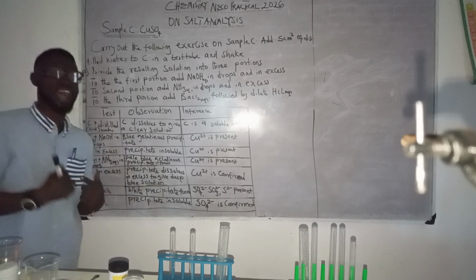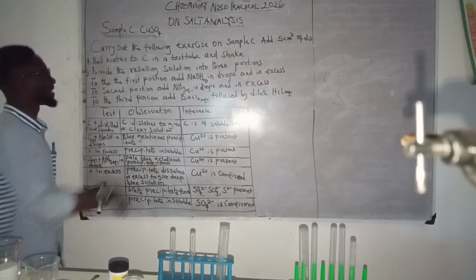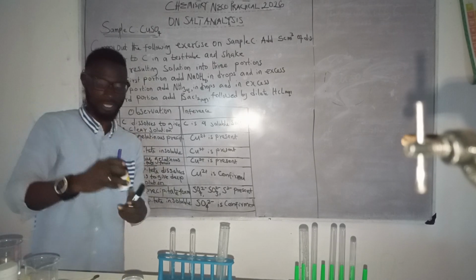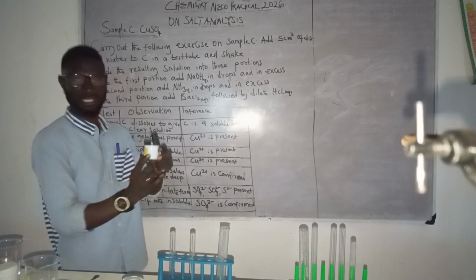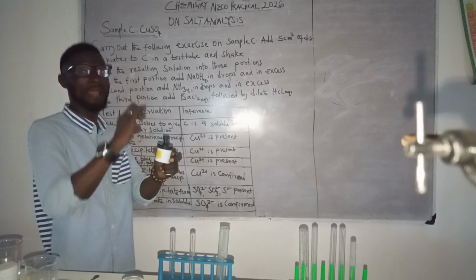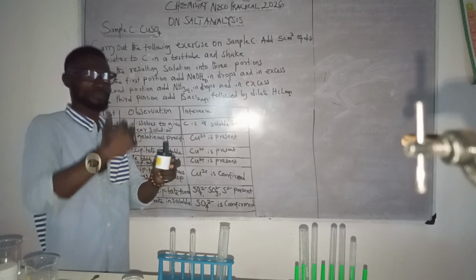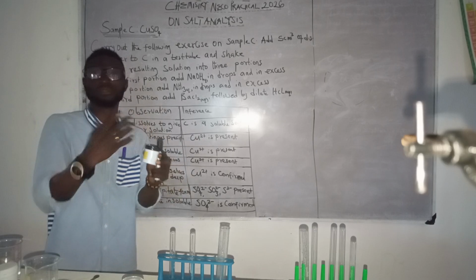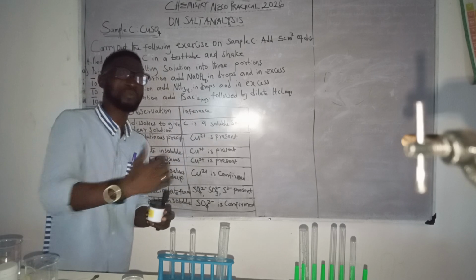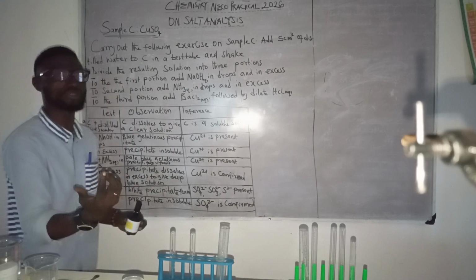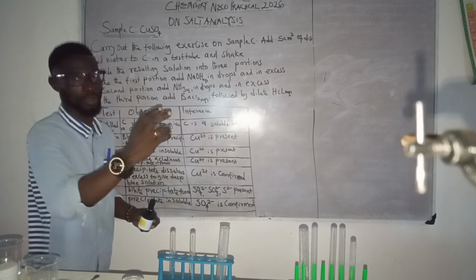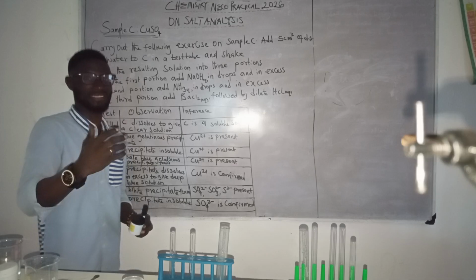Now, it is only me as a teacher that is aware that the sample given to us is copper 2 sulfate. Mind you, the students will be given that sample in a specimen bottle, and it will be labeled sample C. Why is it labeled sample C? It is assumed that the sample is not yet known to the students. So it is in the course of carrying out the different procedures stated by the examiner that they are going to know that the sample contains so and so ion, either cation or anion,